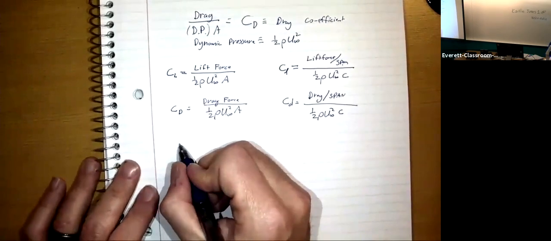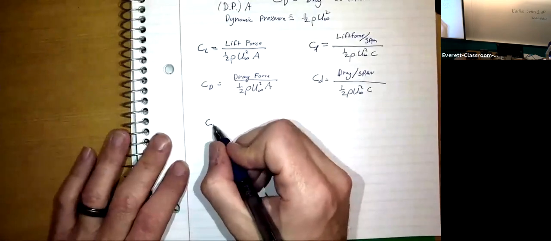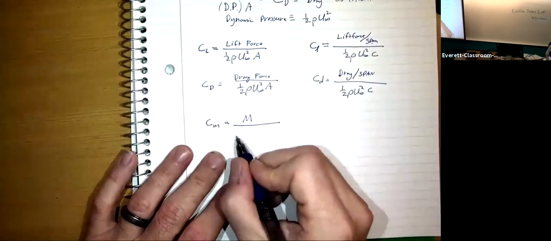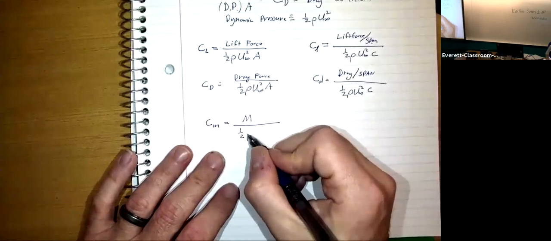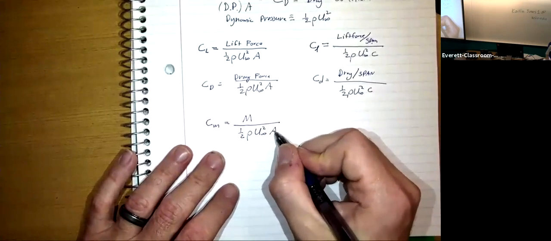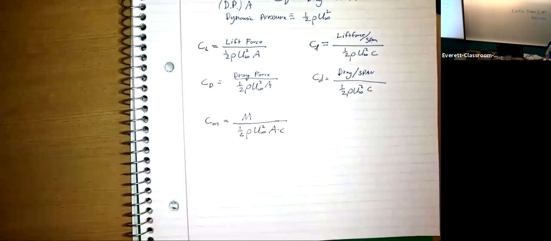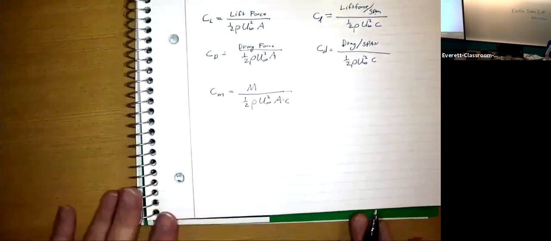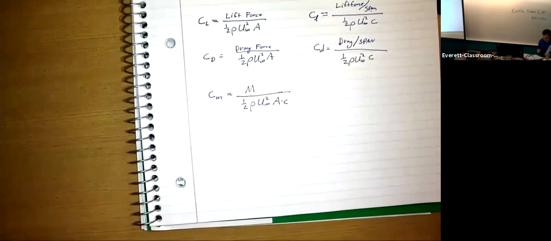There's also the moment. So Cm, and this is also a constant, is the pitching moment divided by 1/2 rho U infinity squared, and this will be area times c. You need an extra dimension because now we're talking moment, right? So it's force times meters to get a moment. All right, now,